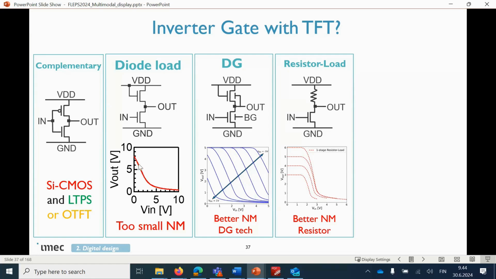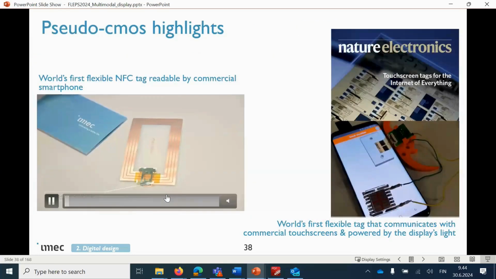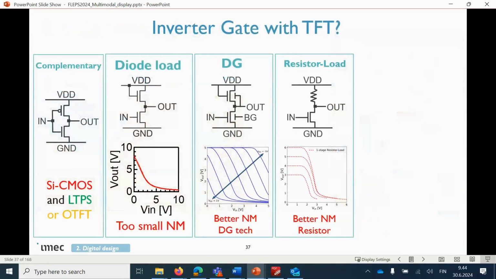At low input you get high, and at high input you get low. So you're inverting the signal, but the performance seems very poor. The noise margin is too small, which means the reliability will not be good enough,